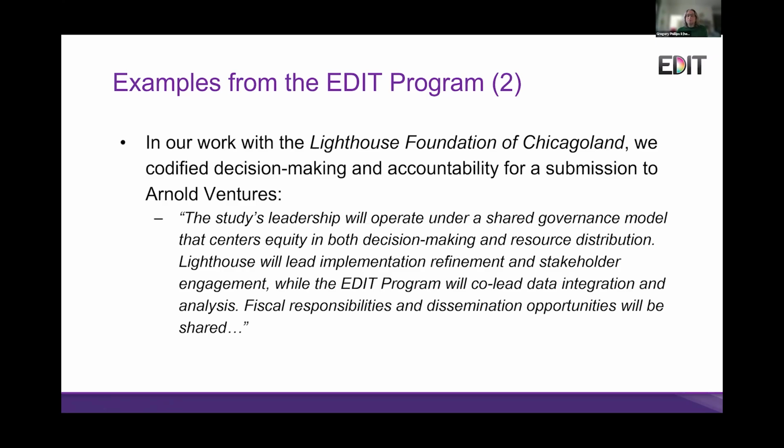So in most partnerships, everyone's not doing everything. You can imagine certain partnerships where academics are doing one thing and the community is doing another thing. It's great to show that you have a shared governance model, you are focused on equity and spreading out the decision-making process, but also highlighting what each partner is doing so that it's clear that you're bringing unique strengths, but you're also dedicated to working together.